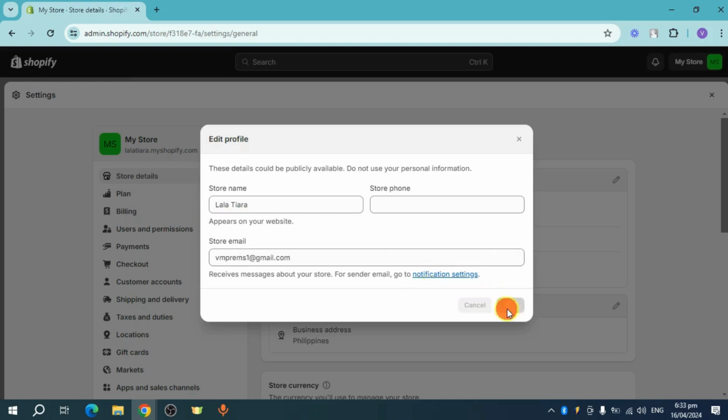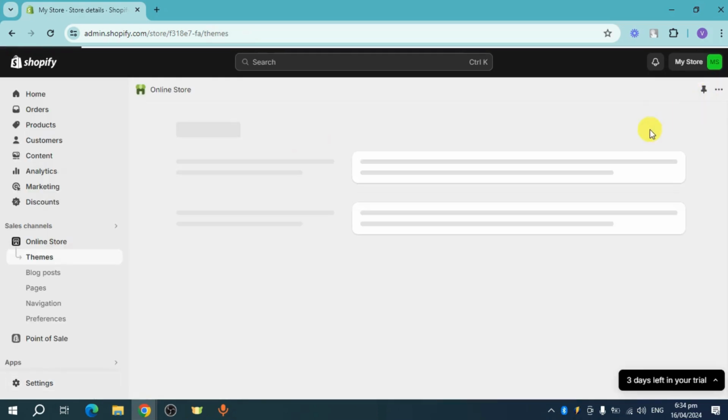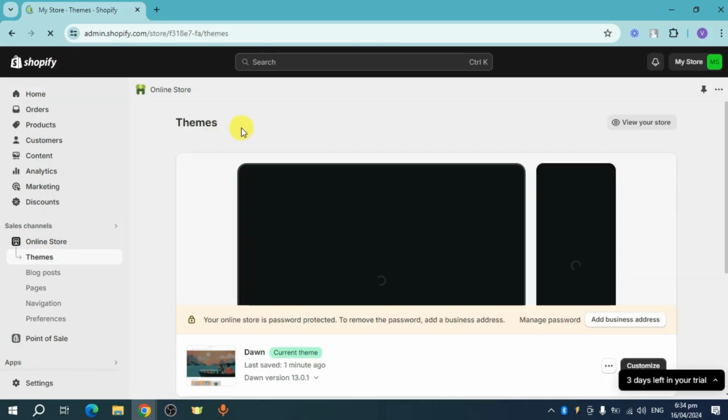And then after that, click on Save. And then once you have done that, this will save your progress. So it will take some time for this to load. So let's exit this. And then after you have done that, let's head over and then refresh our website right